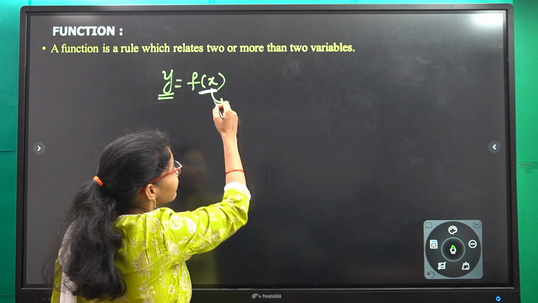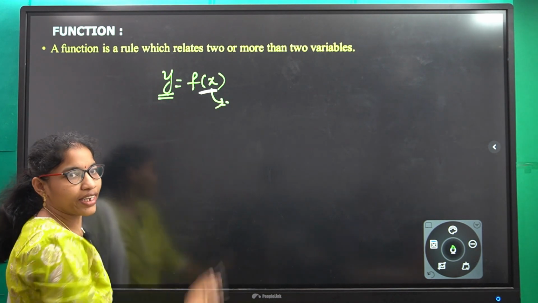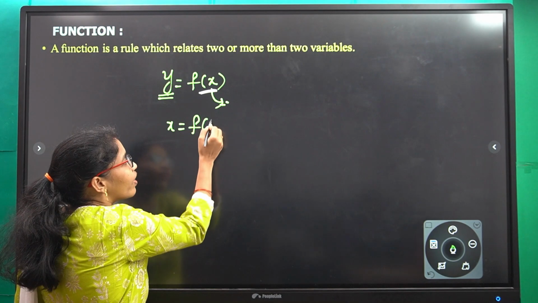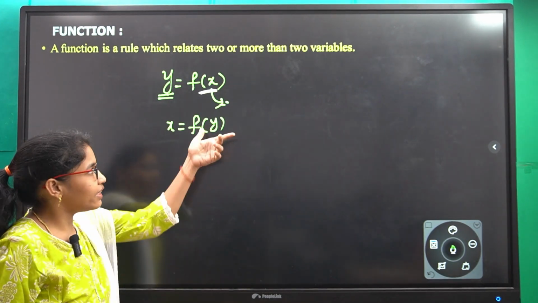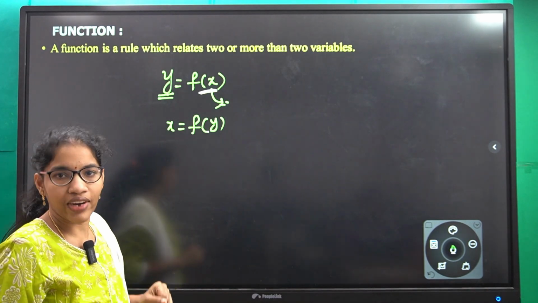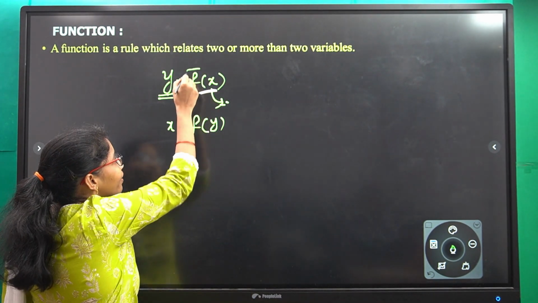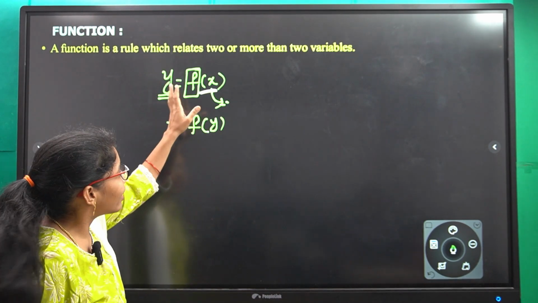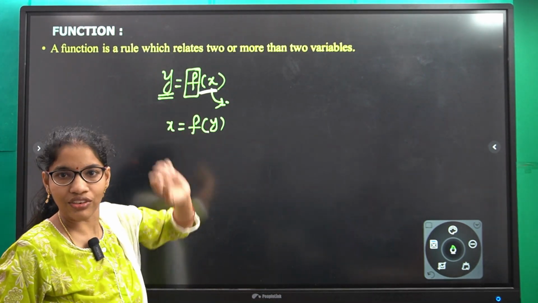So here x is an independent variable, and y is a dependent variable. Suppose I take x equals f of y. This time y is an independent variable, then x is a dependent variable on y, right? Here f is there, so this f is nothing but the function, the rule followed by this function.